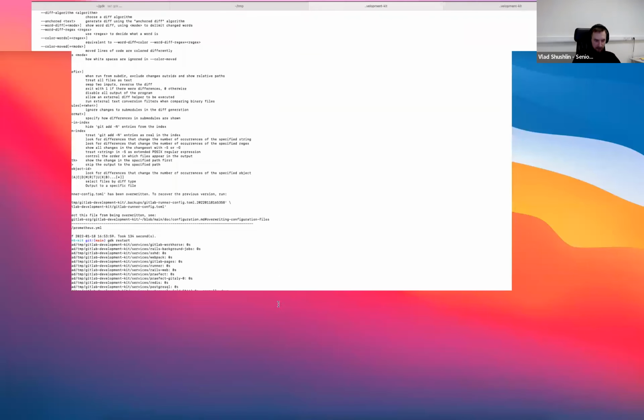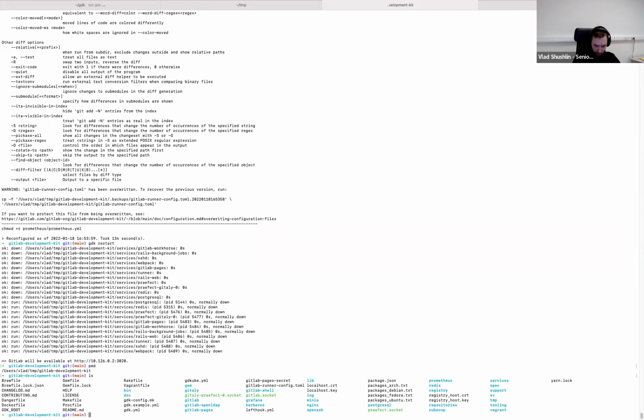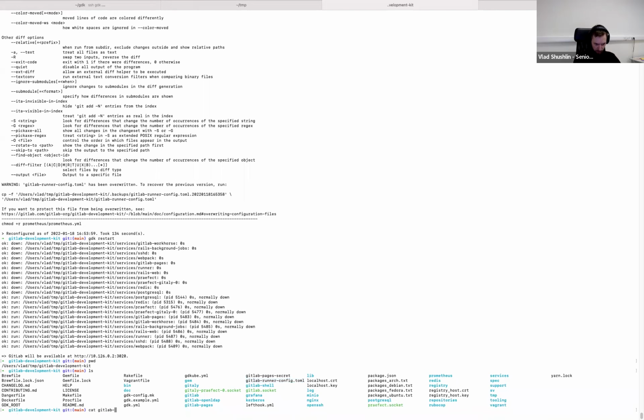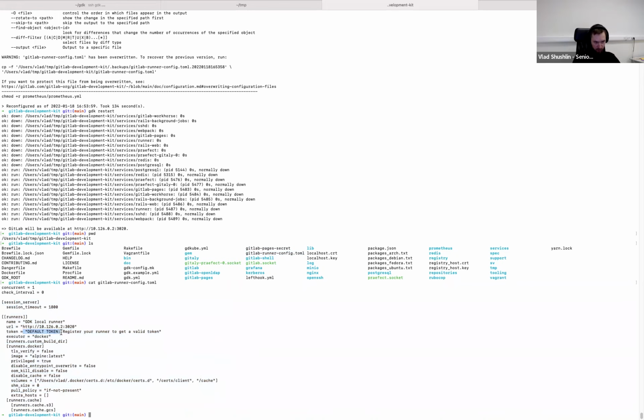And as you see, I'm doing this in the GitLab Development Kit directory. There is a lot of stuff here, but one of the things we need is this GitLab Runner config.toml file. So I'll just cat it for you to see. Yeah, as you see, everything is already set up here, but there is a token which